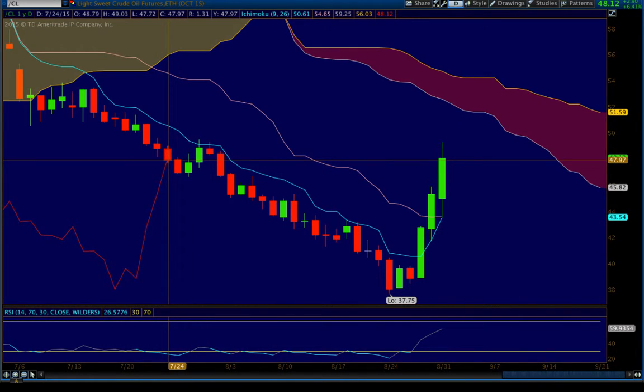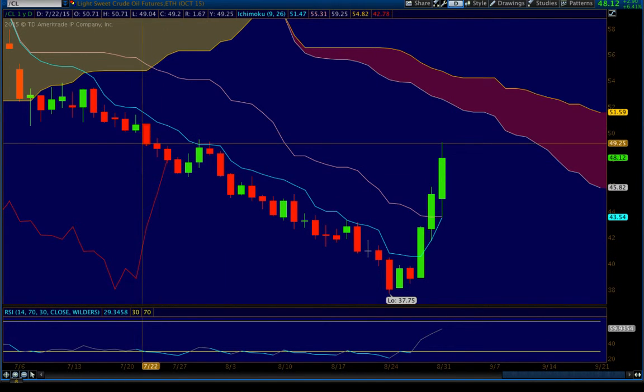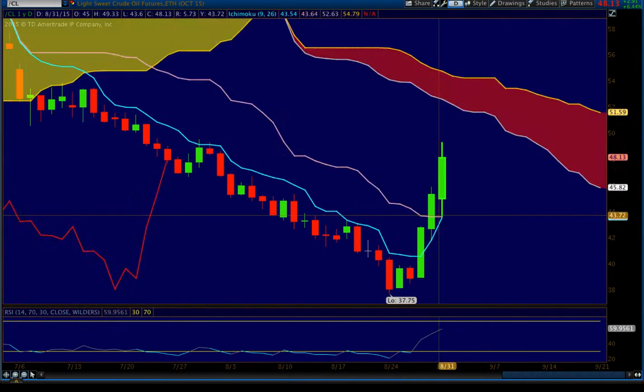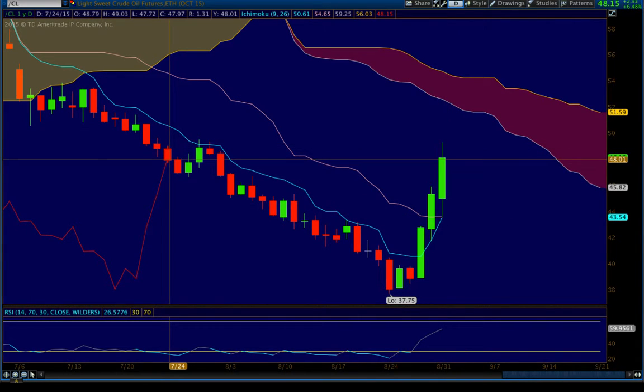the daily time frame. So really, we had a perfect move, as indicated by Ichimoku charts today. A perfect bounce off the Kijun Sen, and then a perfect sell into resistance here when the Chikou hits this candle. So going forward,